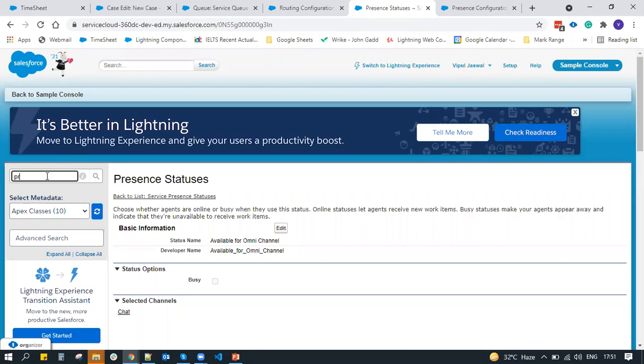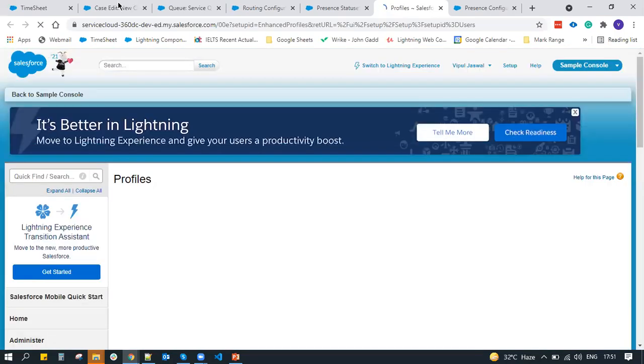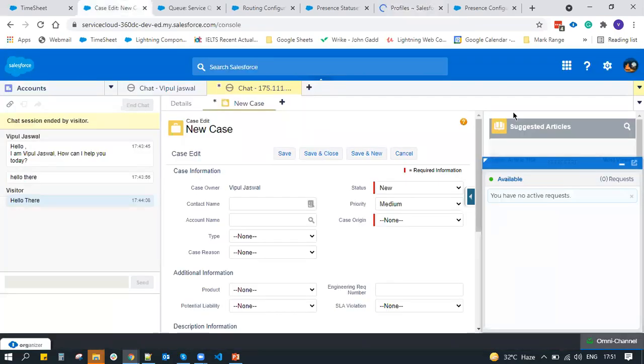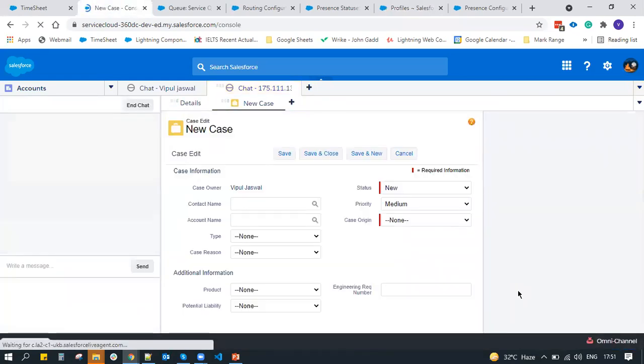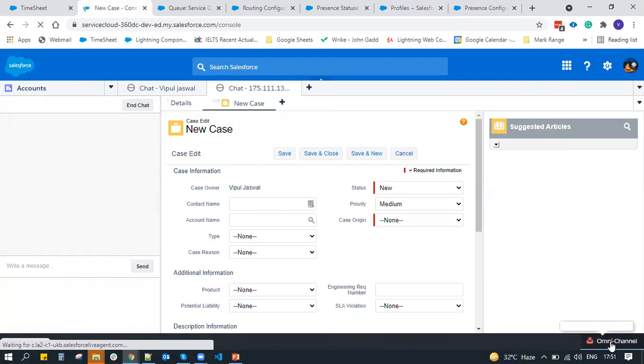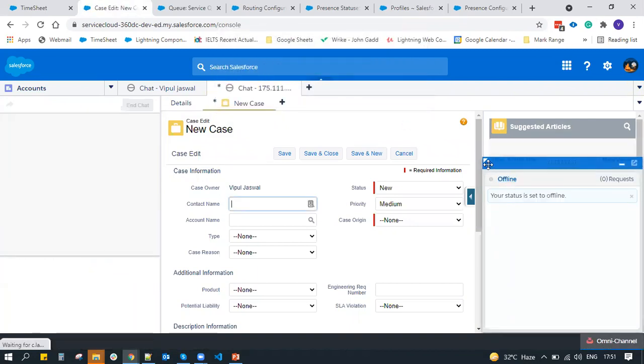Go to profiles. Right now, you won't see available for omnichannel here. There is only available and offline, but available for omnichannel is not here.